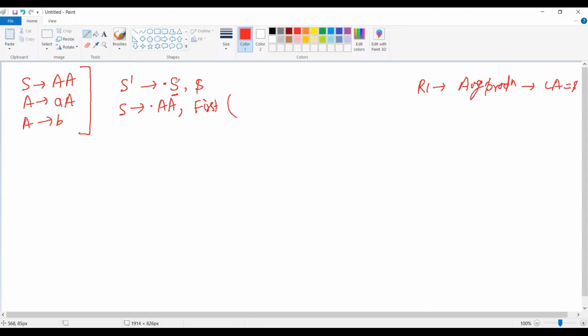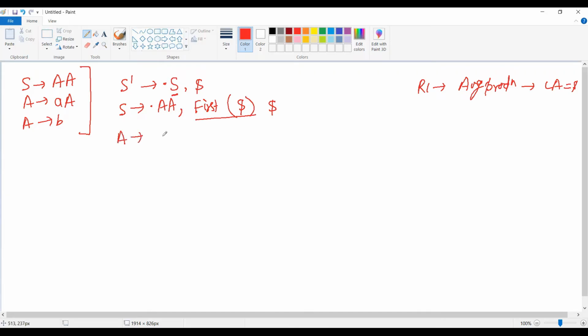You have added the closure of S, so what is left after S? $ is left. So we put first of $ as the look ahead. Now $ is a terminal, so there is no first of it, because first is always taken of a non-terminal. So here you directly write $. Now we can see that the dot is before the non-terminal capital A.